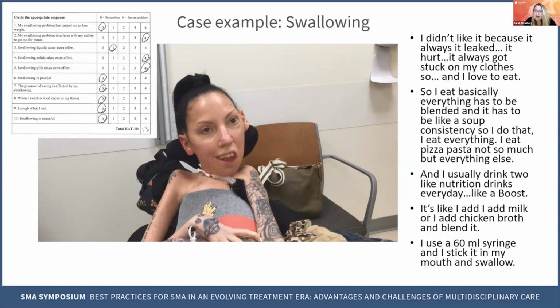If she were to have an exam, given her kyphosis, she would not be an ideal candidate for a modified barium swallow study. I believe the shoulder anatomy would obstruct a large part of our view. So she might be somebody for whom a FEES would determine if she was getting any aspiration or laryngeal penetration. Her EAT-10 is a 13, and you can see that she rates herself largely as zeros on more than half